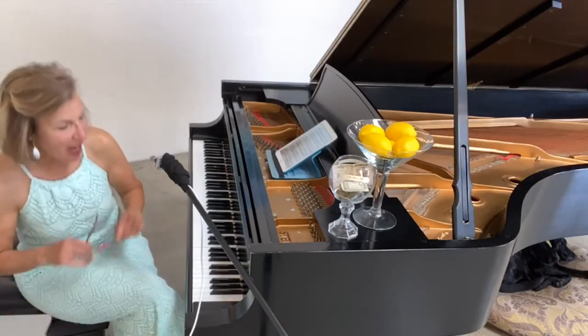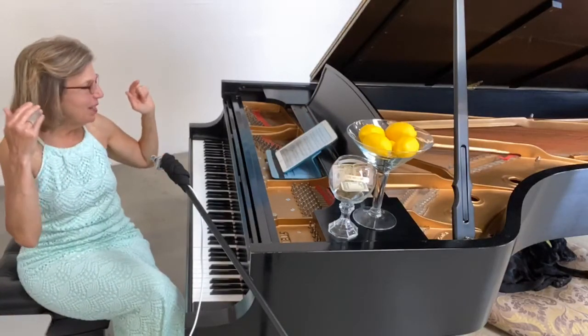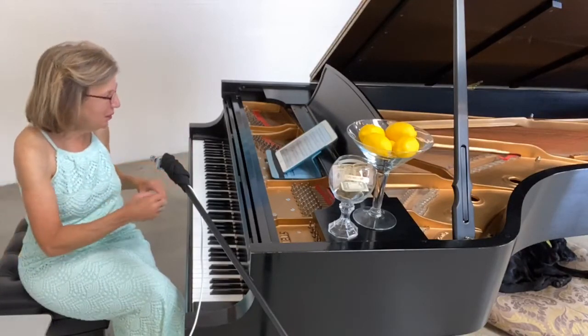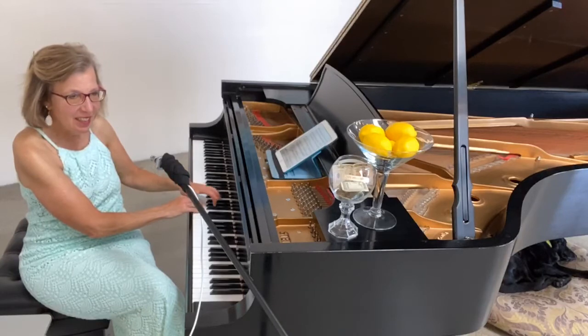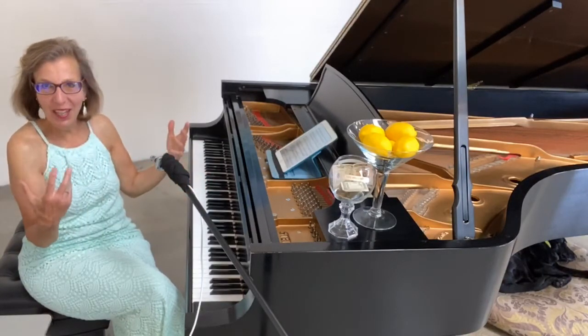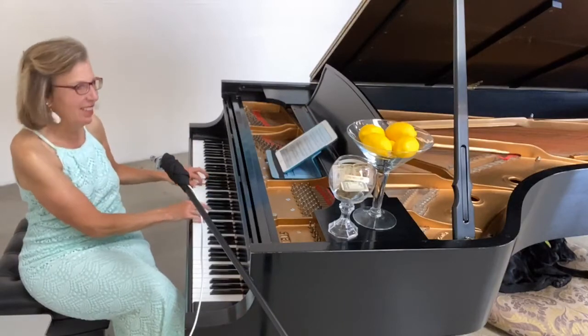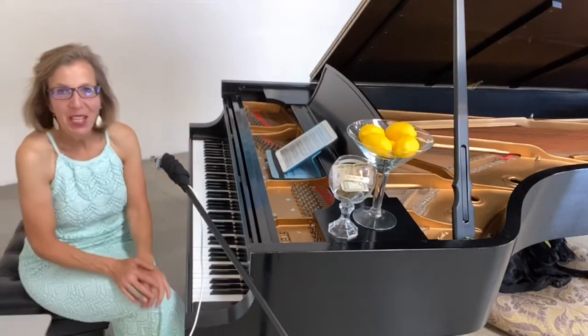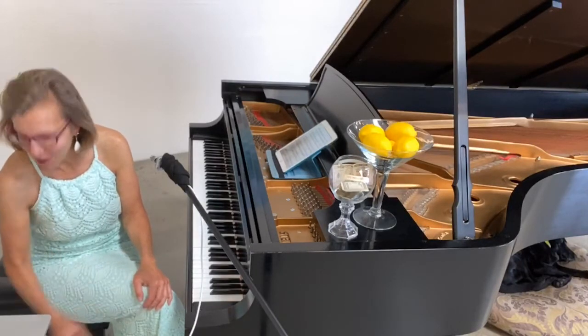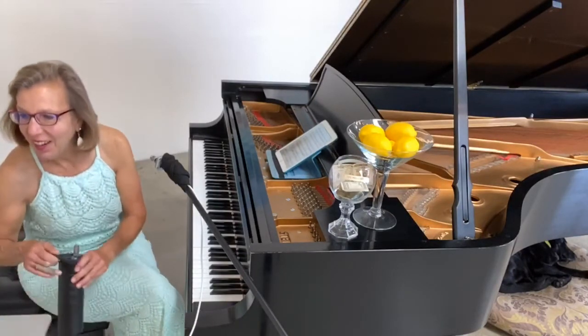Right at the very end, I felt like he uses his humor when you have that big pause, when it just has the A's. It's like, where is it going? And then, oh yeah, and it goes back to the theme. So he just uses humor all over the place, and it's cheerful, fun,